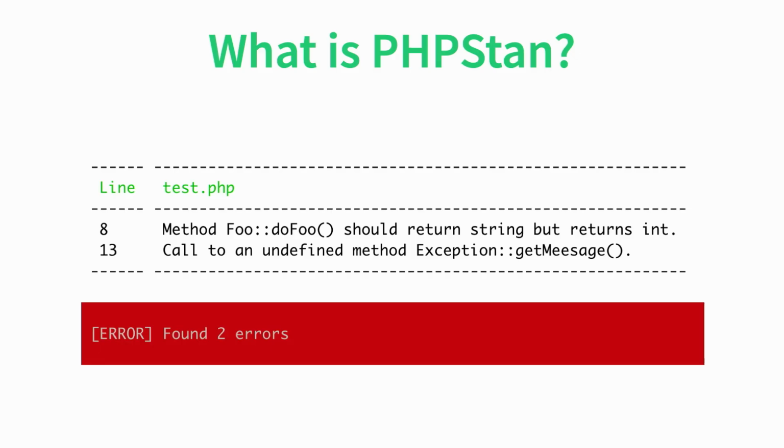So the output looks like this, and it will tell you errors like when you are returning a string from a function that is supposed to return an integer, or if you are calling a method that does not exist, for example. So these are bugs that will crash your PHP application, but some bugs are much trickier to find